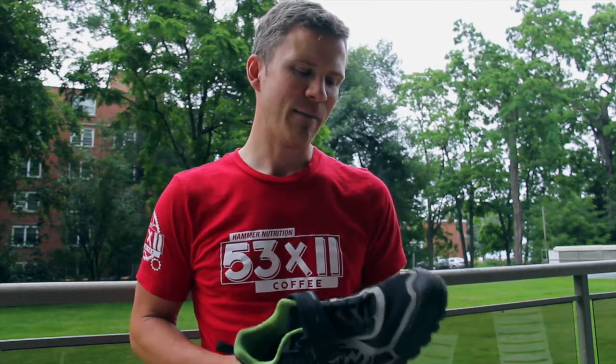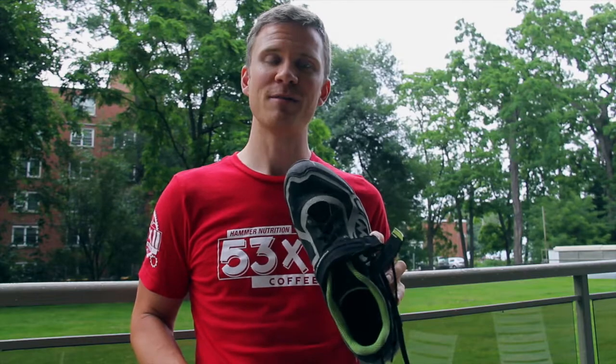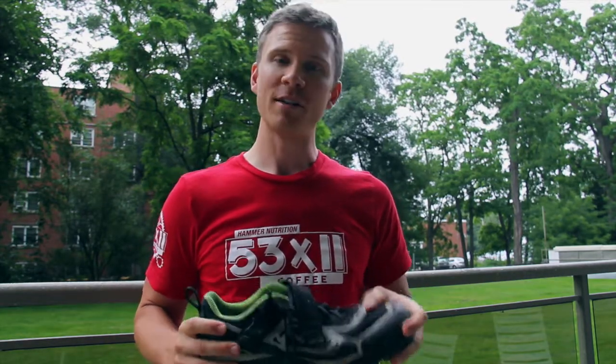Now, most of us are used to a stiff-soled, tight-fitting shoe. For me, for longer endurance events, I prefer something that's usually a size or two big, and that also has a bit of flex to it. That's just what my foot wants to do. It wants to have flexibility, and as we ride longer hours, our feet tend to expand. So a wider, bigger shoe tends to be more comfortable. It's not necessarily great for power transfer, but for multi-day events, I find, for me personally, this is the way